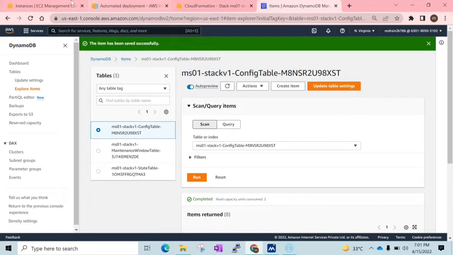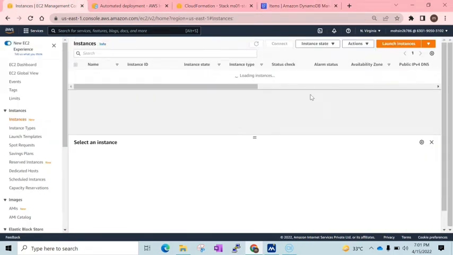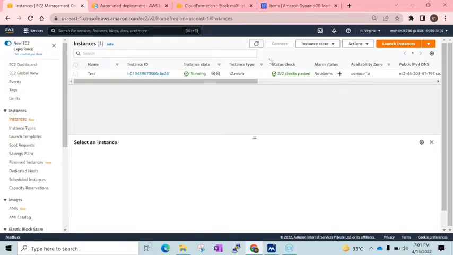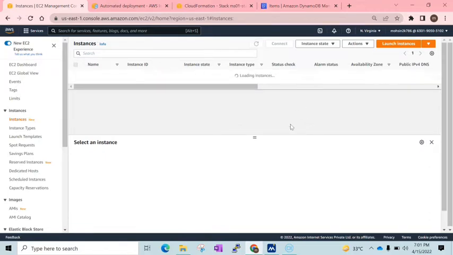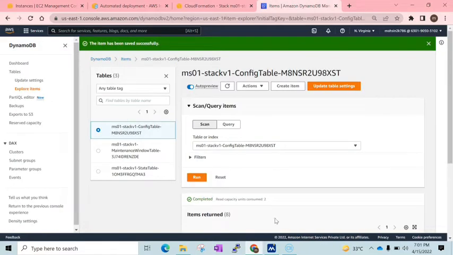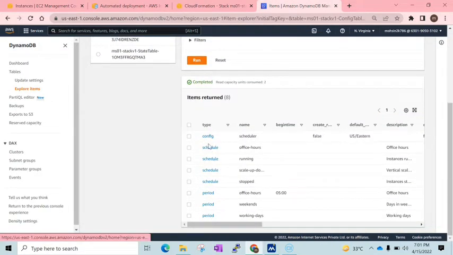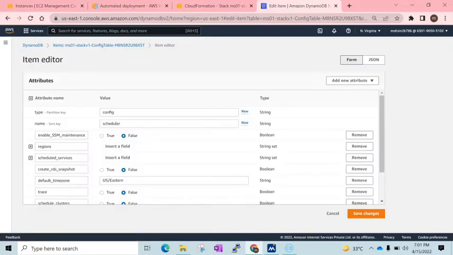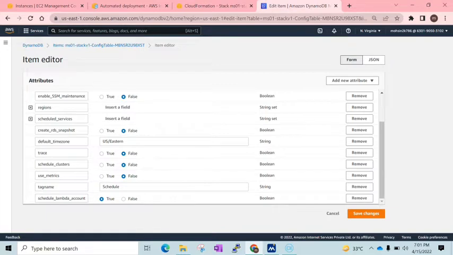Okay, so now let's see whether our EC2 instance will follow this and stop. And most important thing, guys, this is very important. Let me tell you, once you click on the config and you go down, there's a tag, and the tag name is schedule. You can see here. You will wonder how our EC2 instance will come to know whether it needs to follow this. So the tag name is required here. Let me copy this